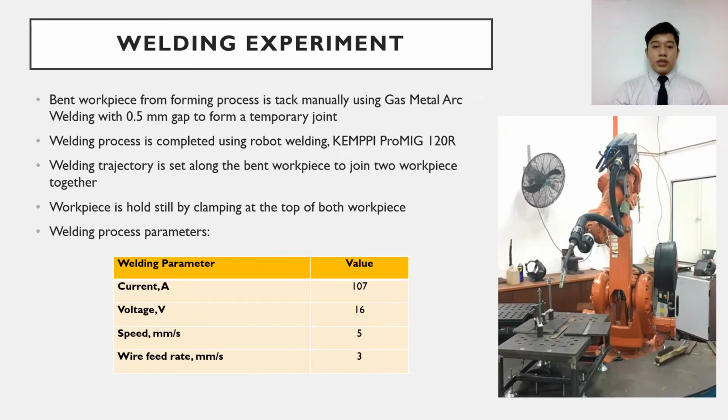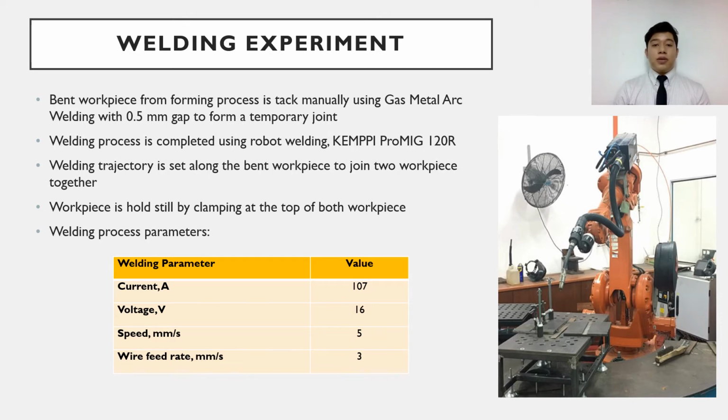And next, for the welding experiment, the bent workpiece from the forming process is stacked manually using gas metal arc welding with a 0.5mm gap to form a temporary joint before welding with the robot. The process is completed using the robot welding Kemppi Pro MIG 120R at the Advanced Manufacturing Lab, UiTM Shah Alam. So the welding trajectory is set along the bent workpiece to join the two workpieces together, and the workpiece is